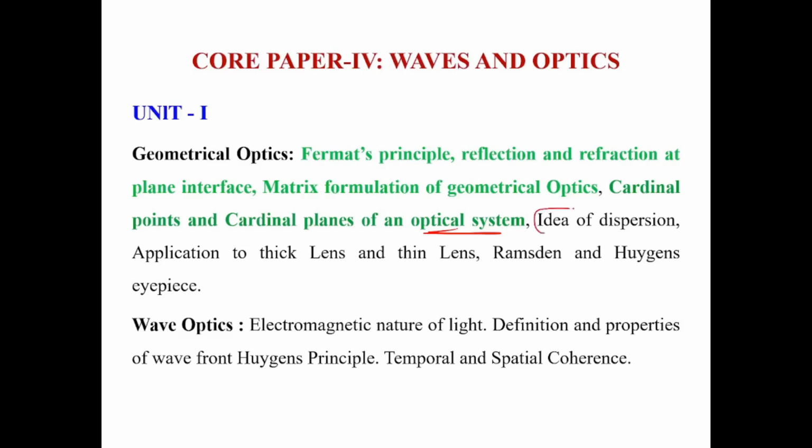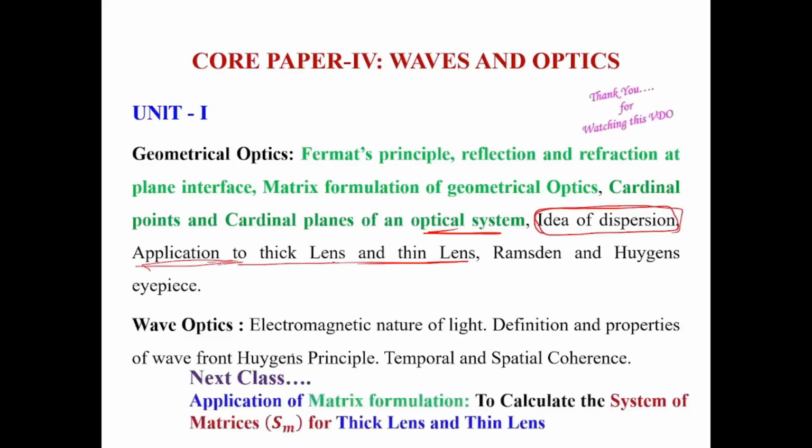Then the next topic is the idea of dispersion. This topic we are going to discuss later. But in the next class we are going to discuss application to thick lens and thin lens. What we discussed was the matrix formulation of geometrical optics and the location of cardinal points. So we have to apply those things that we have studied. The application of matrix formulation is to calculate the system matrix for thick lens and thin lens, and also to evaluate the cardinal points of thick lens and thin lens